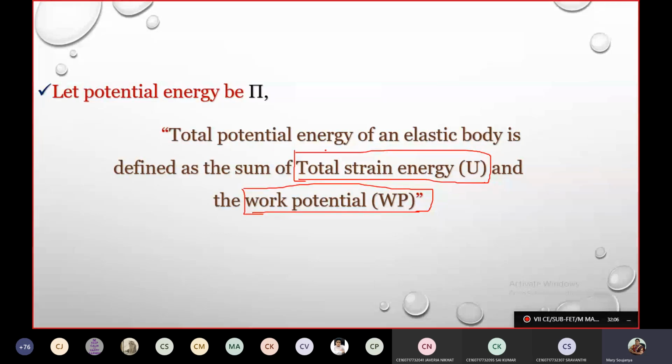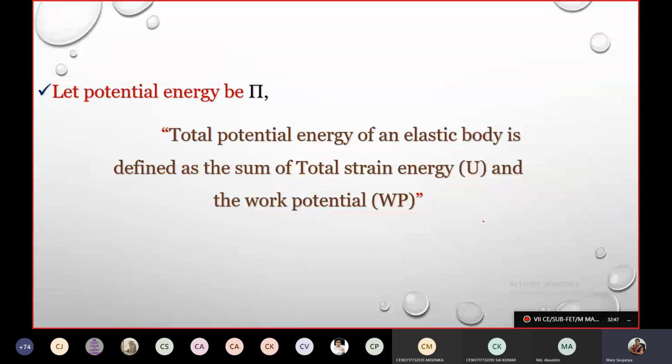All right, whatever it may be. See, we are seeing a 3D body here. In the very first class, when we saw the 3D body, it had surface traction acting, point loads, and body forces. All these tend to deform the structure, and then we have the stresses acting internally due to these applied loads. So the internal stresses can be taken into account as total strain energy, and the potential energy due to the body force externally, or the point loads, or the surface traction acting, all of these come under work potential, which is the external potential energy created.